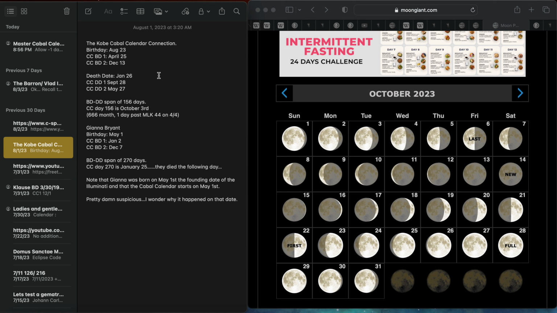Now, I haven't found one personally that's gone a year, measured a year, but there were a number of people that died in that incident. And so I don't know. I think that's why they had to incorporate so many people in that one incident that they had to use a year's worth of events. That's the only way that I can possibly think of it. But it's pretty compelling that it's still within a day of their Cabal date, measuring the lifespan, but this time with a year. Certainly not enough to get a conviction in the court, but it's enough supporting evidence to get a warrant. That's all I'm going to say.